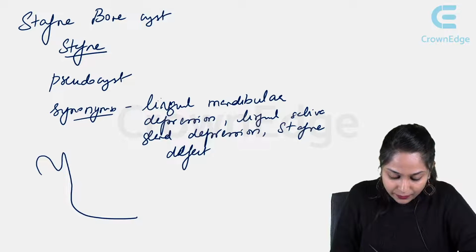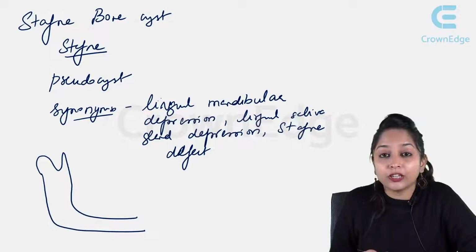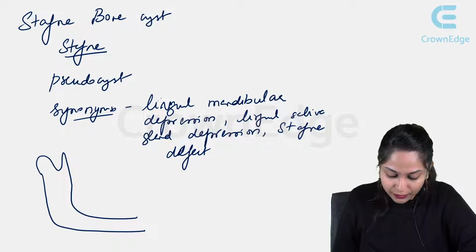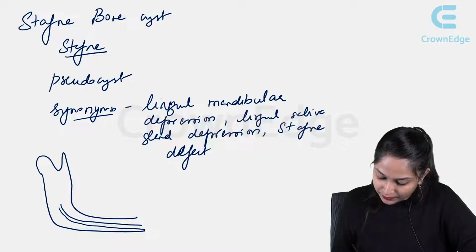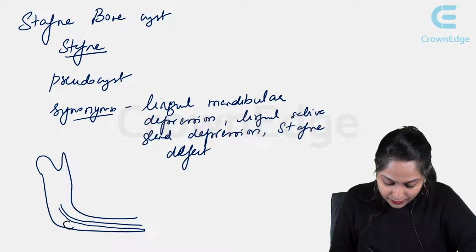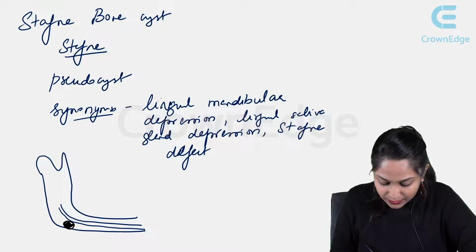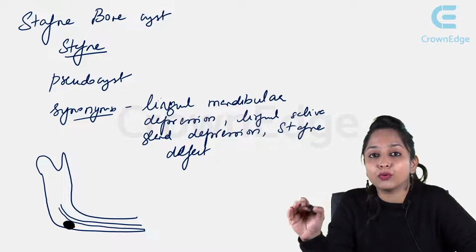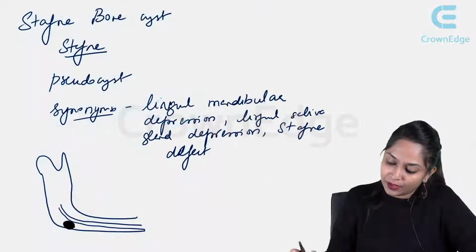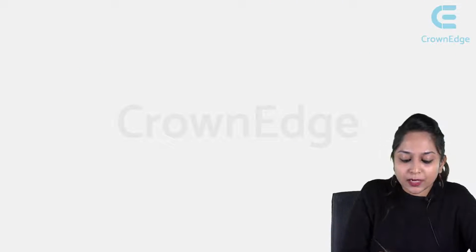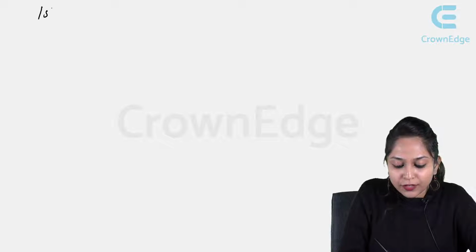So, it is usually located near the inferior alveolar canal. So, that's the mandibular canal. That's where the cyst lies. Pretty simple, straightforward. It's a pseudocyst for the whole fact that it's not lined by an epithelium. It is just a lingual concavity which has an intact cortex over it. Okay. So the next thing that we'll be discussing is first,